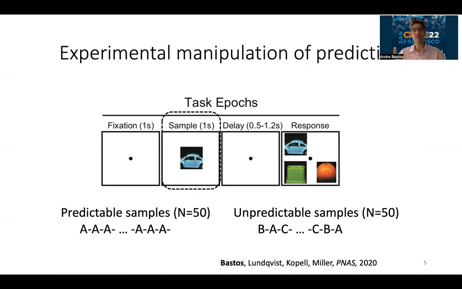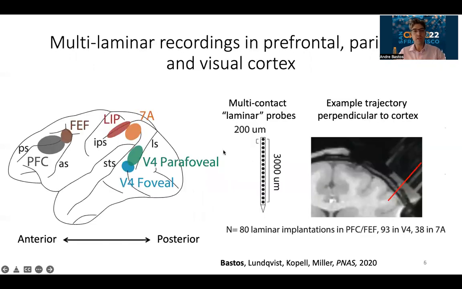Either they were shown the same sample over and over again for many trials in a row, meaning the car sample many times, or in an unpredictable setting. So we manipulated sample predictability, and we recorded with these 16-channel or 32-channel multilaminar electrodes